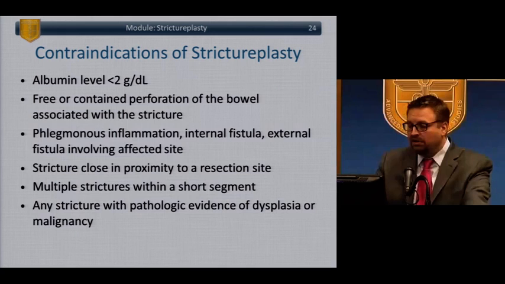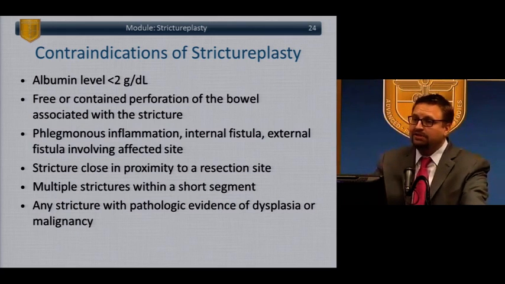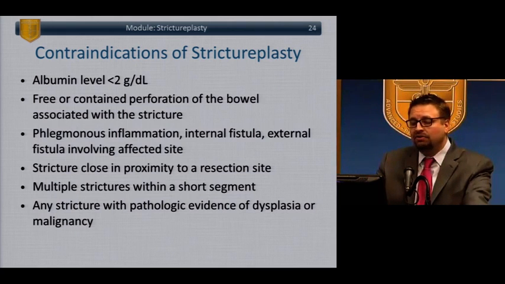Small bowel cancer, of course, is a rare cancer, but in the setting of Crohn's disease, it's much more common, so you have to really evaluate how long they have had that stricture. Do you have any concern at all that there could be a cancer in it? When you open it, when you feel it, it's okay to open the bowel and examine it, even take a biopsy if you're worried about it, but do not do a strictureplasty if you have any concern whatsoever for malignancy